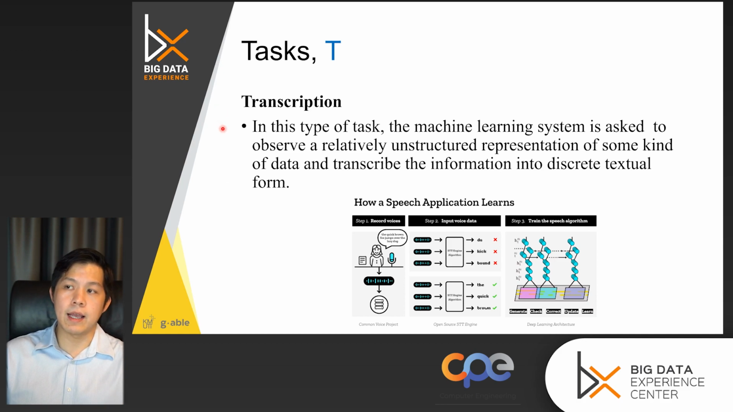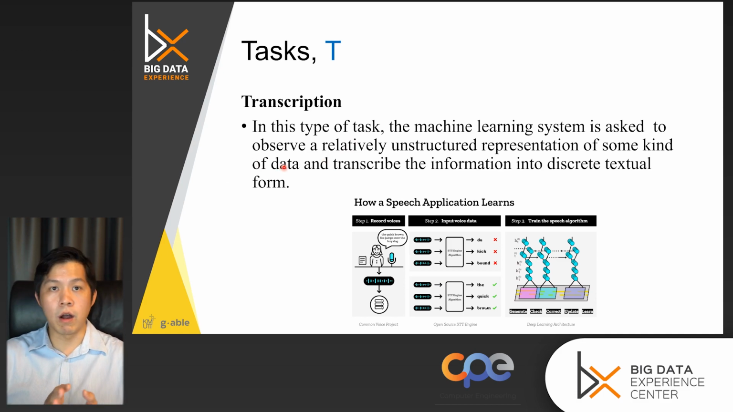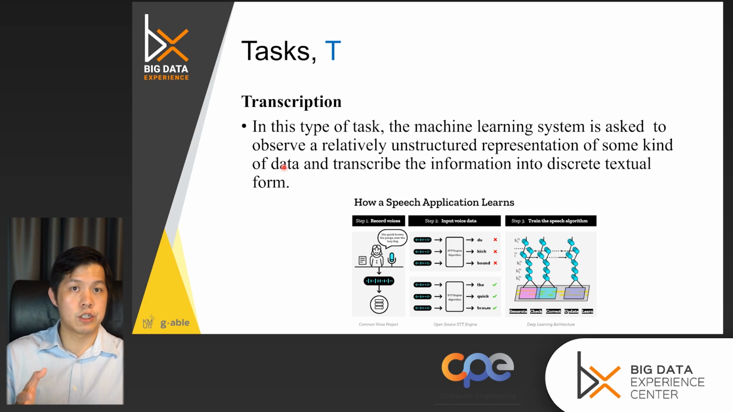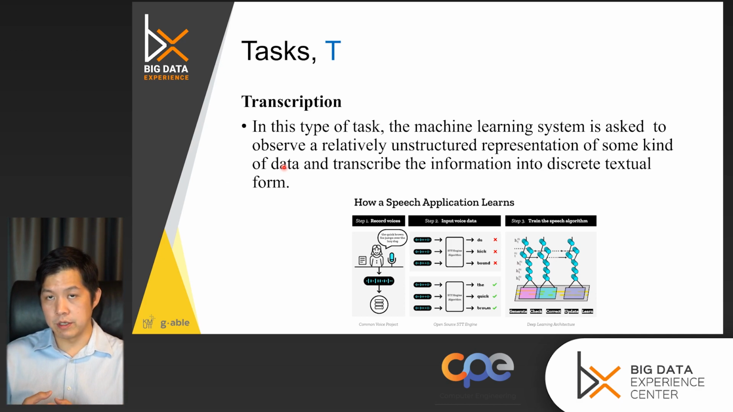Okay, so in this type of task, machine learning has to learn the unstructured representation of certain data. It can be video, it can be audio, it can be image, and then trying to get the caption, right? So it can be a lot of different types of unstructured data, and then it has to transcribe the information into textual form. So this is the transcription. Okay, so how it works, like if you want to train a model to perform speech recognition, first you need